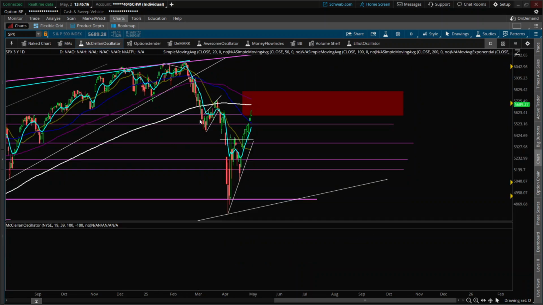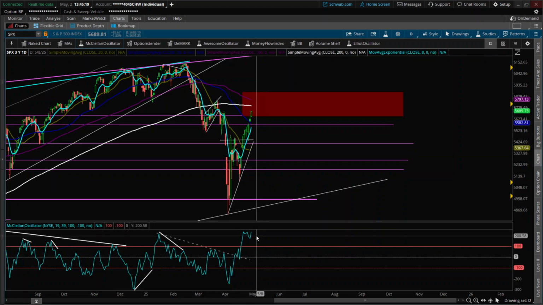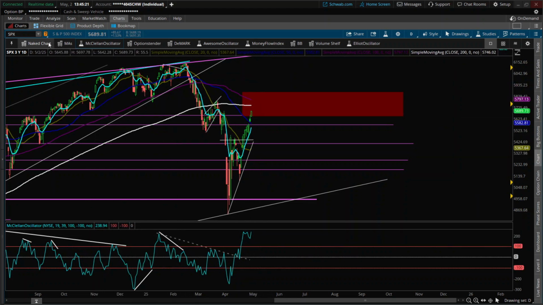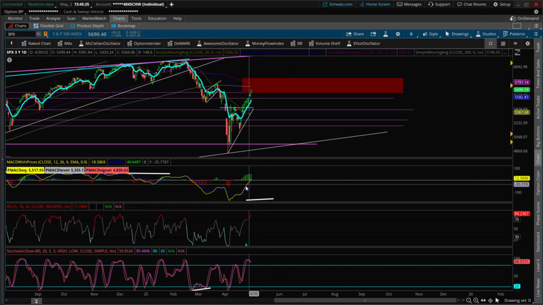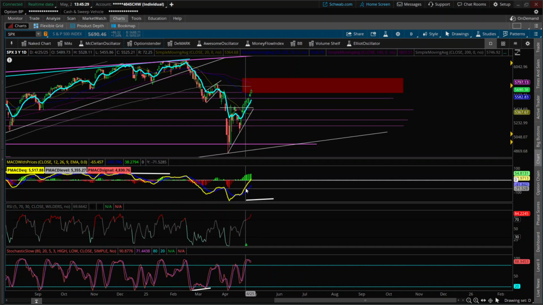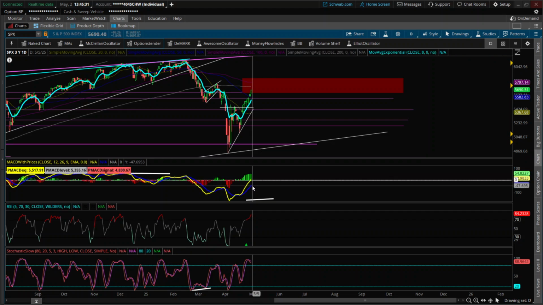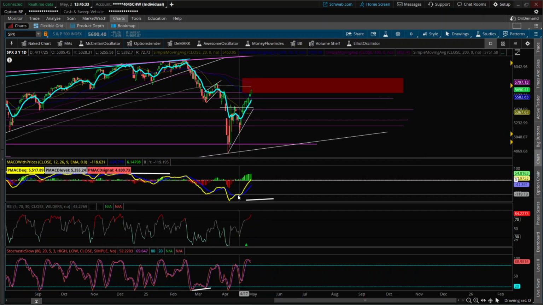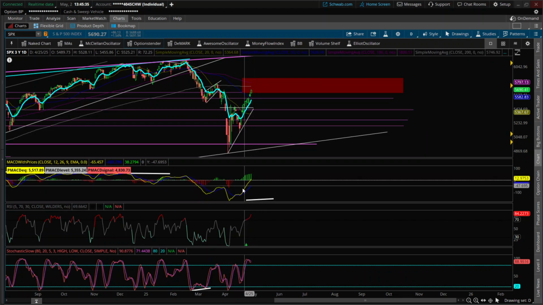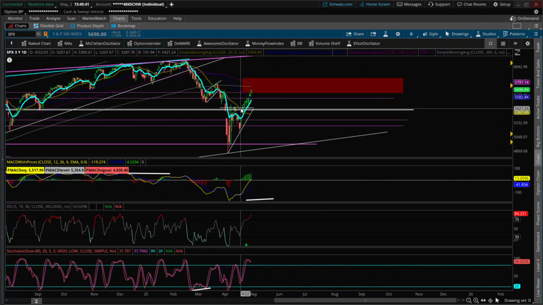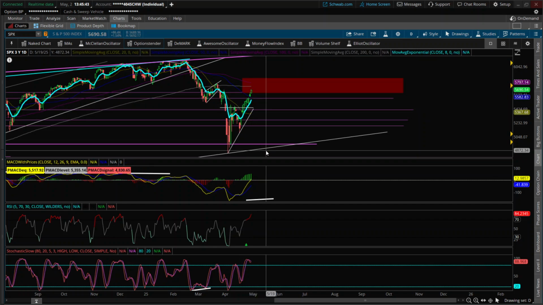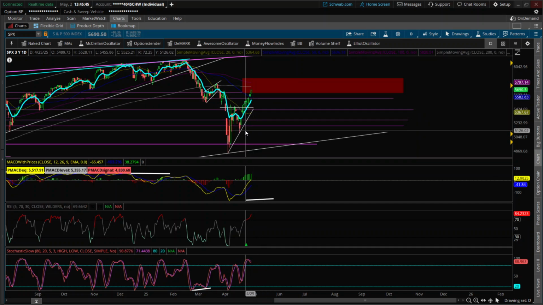So with the McClellan oscillator, well into overbought territory. MACD getting to that neutral area. On the weekly time frame on the MACD, we're not even in a bull cross yet, and so we're actually looking for this to curl over and head lower at this point. We've had our correction. It's a massive correction. Now I'm looking for a continuation.